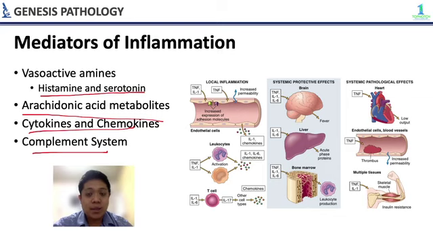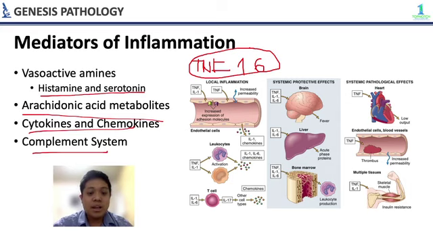Pero unahin natin si cytokines and chemokines. So, ang alalahanin nating parang triad of cytokines and chemokines for inflammation is TNF-alpha, so TNF, IL-1, and IL-6. So silang tatlo palagi yung parang magkasama kapag nagkakaroon ng inflammation. So ayan, TNF-alpha and IL-1 will activate leukocytes, will activate T cells, tapos in turn they will activate other cell types. And then you have your systemic protective effects.